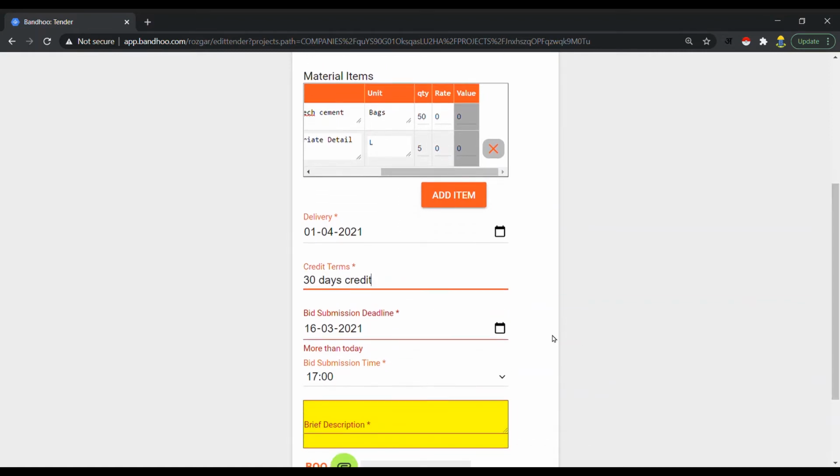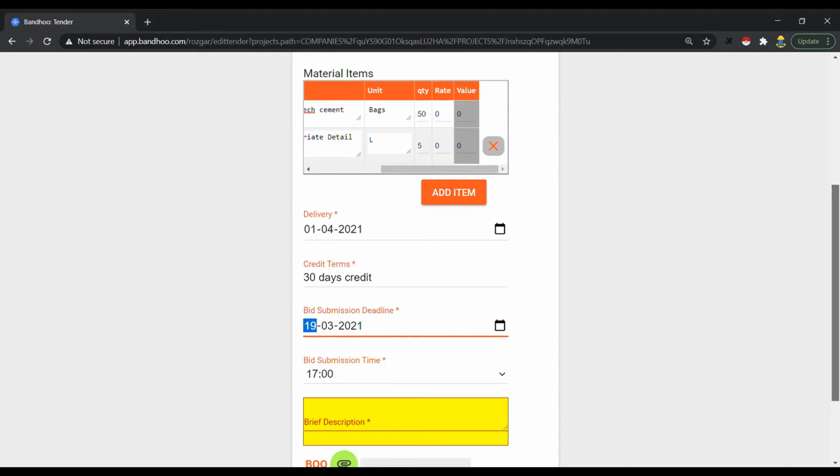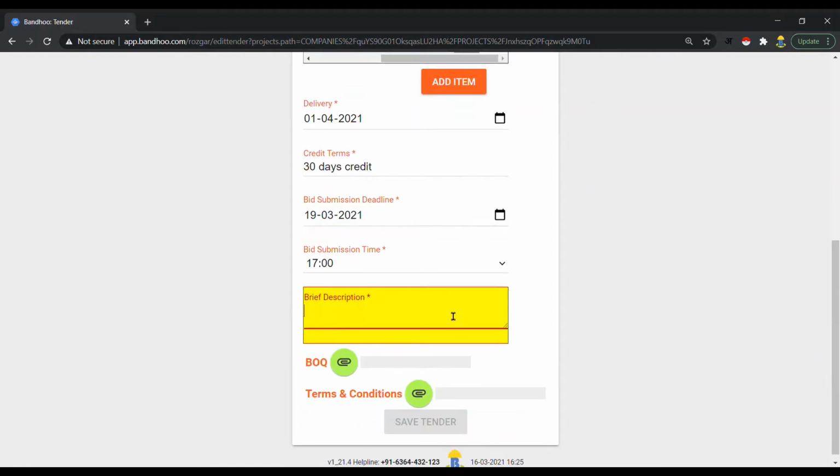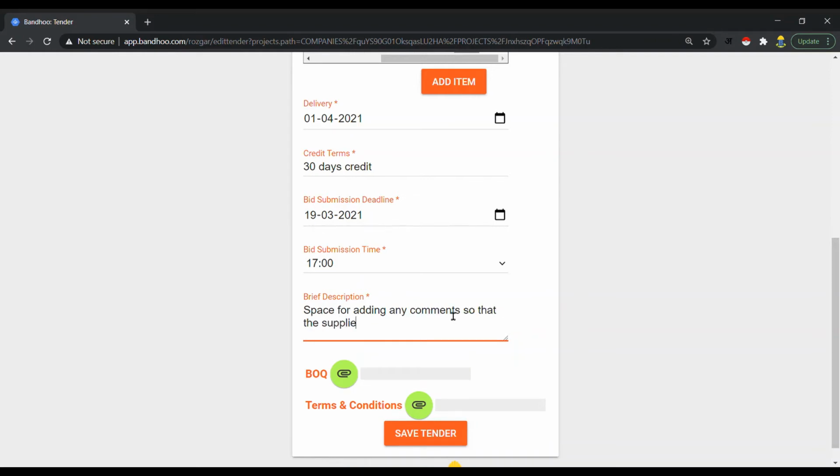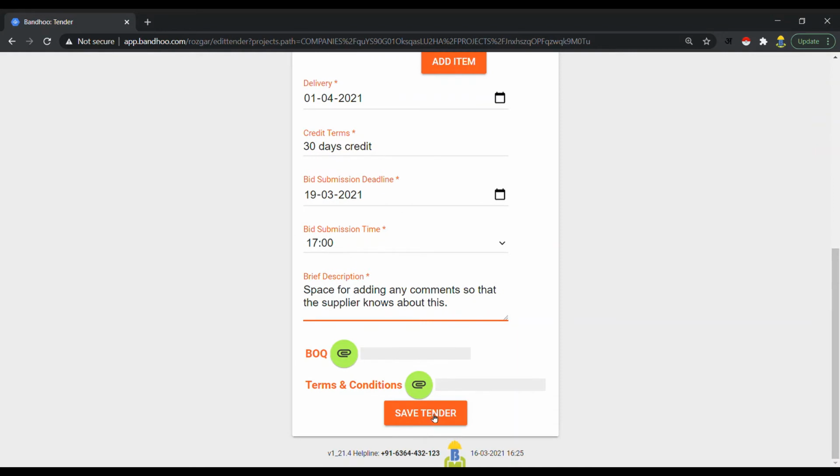Bid submission deadline, so today's date is 16th. Let's say I say that within 3 days you please give me a bid by 5 p.m. and then you can add some description here if you like. So space for adding any comments so that the supplier knows about this, right? And you can basically save this tender. Okay, so if you save it, it doesn't get published, it just gets saved. So this is for procuring cement and adhesives as a tender,